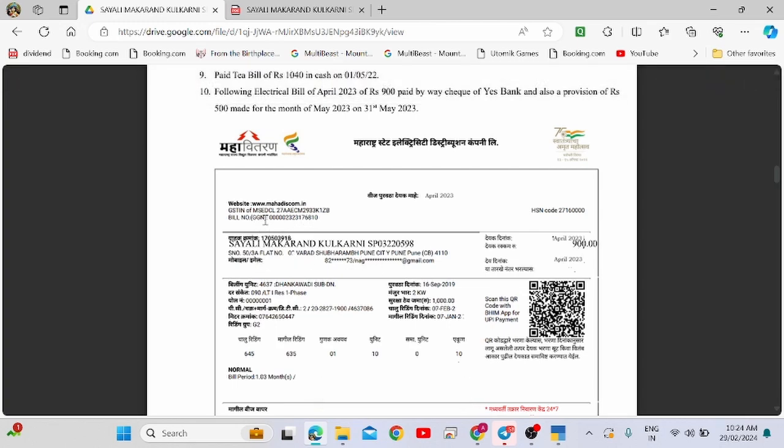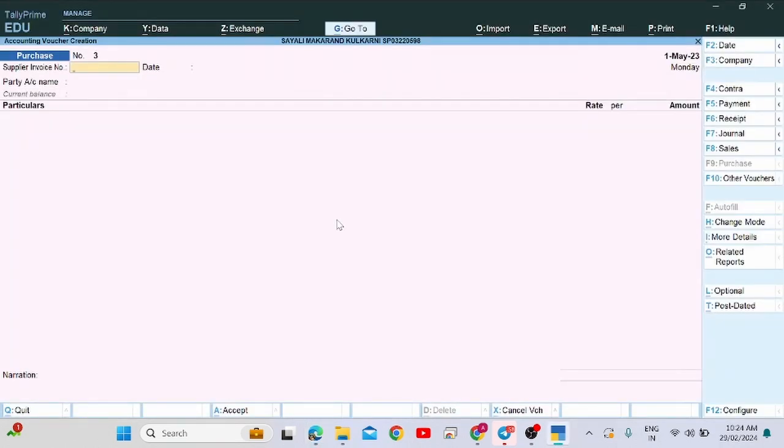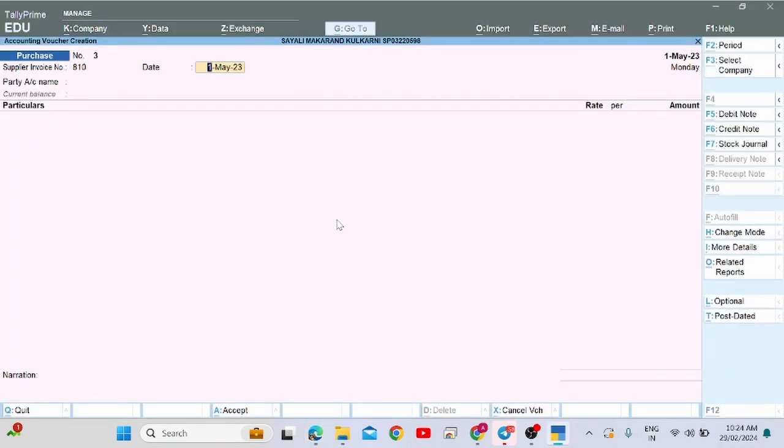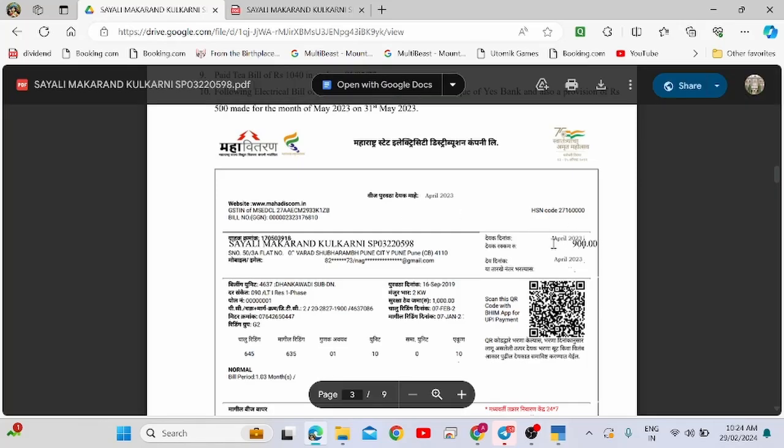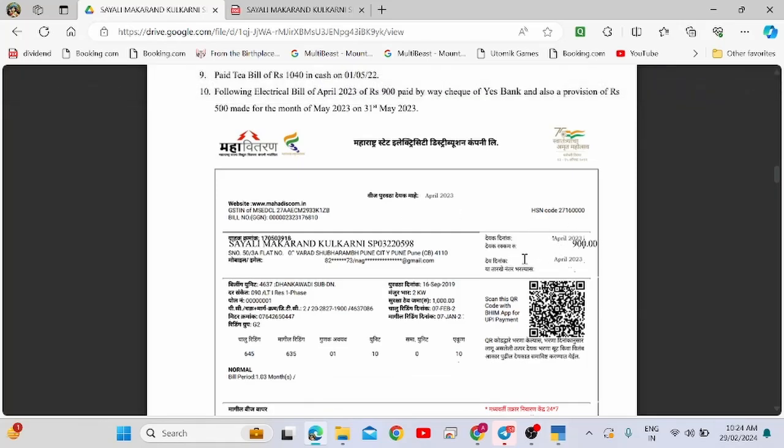बिल नंबर वो बोल रहे हैं, तो बिल नंबर इधर है, ये कॉपी नहीं हो रहा है, ये देखो बिल नंबर GGN 00, बहुत बड़ा नंबर है और ये लिख भी नहीं सकते, तो हम क्या करेंगे, फॉर द सिंप्लिसिटी 810 ही लिखेंगे, चलिए। On which date you have got this bill, say on the 1st May itself, we have paid